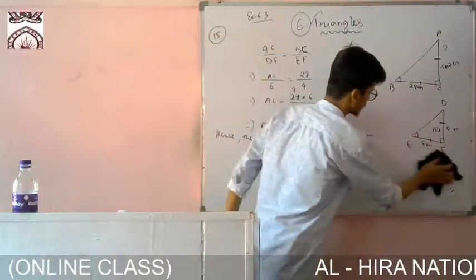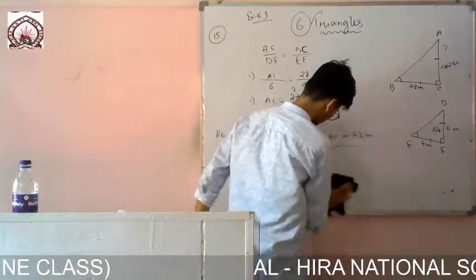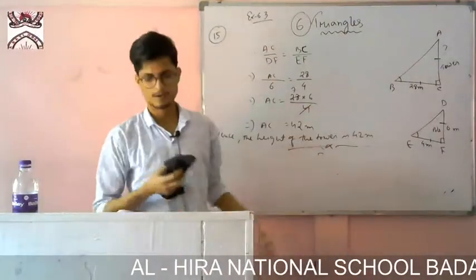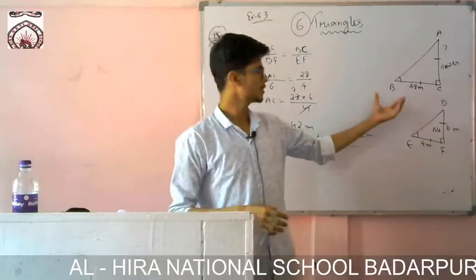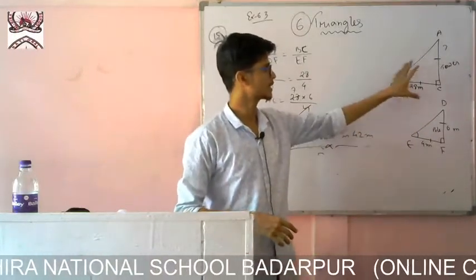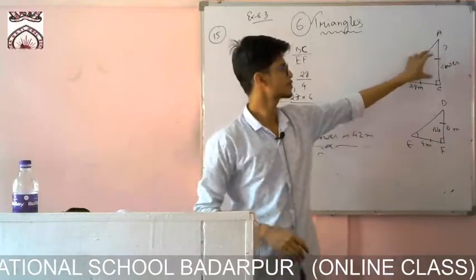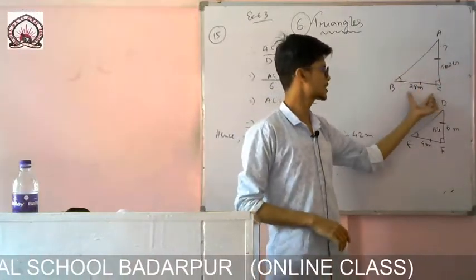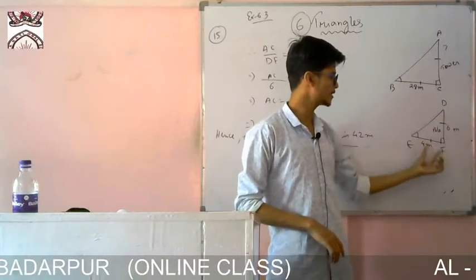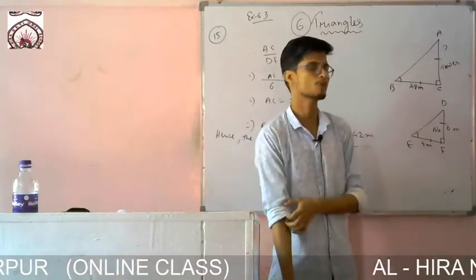So this is an important question also. So you try to practice this one. First of all you will make it like this, that it represents two triangles, and then you name the things that are given. This was our tower, which has cast a shadow of 28 meter, okay. This is the vertical pole, which at the same time also cast a shadow of 4 meter.